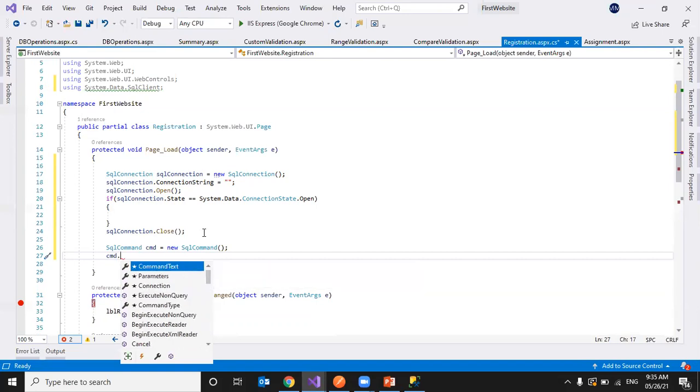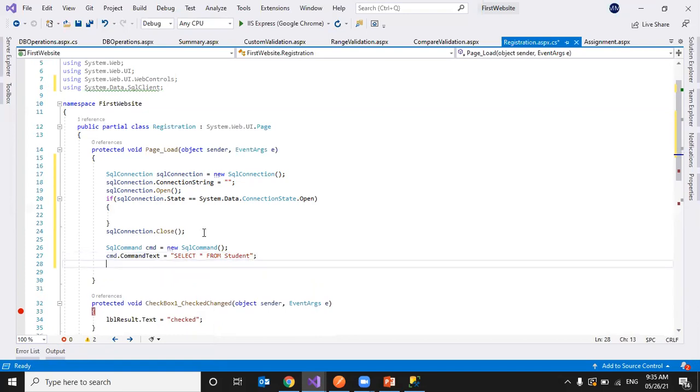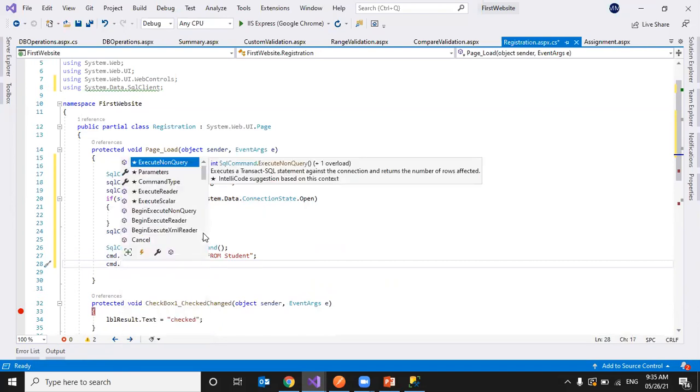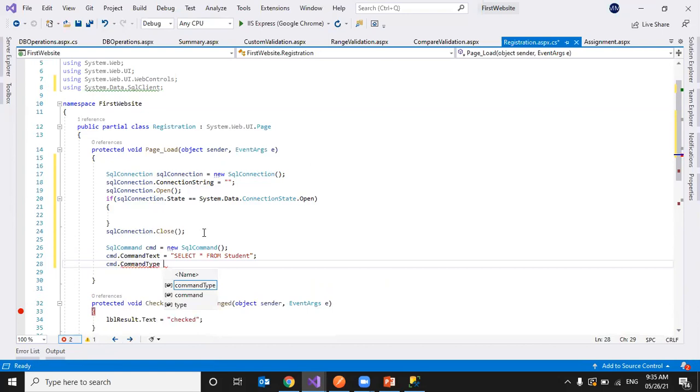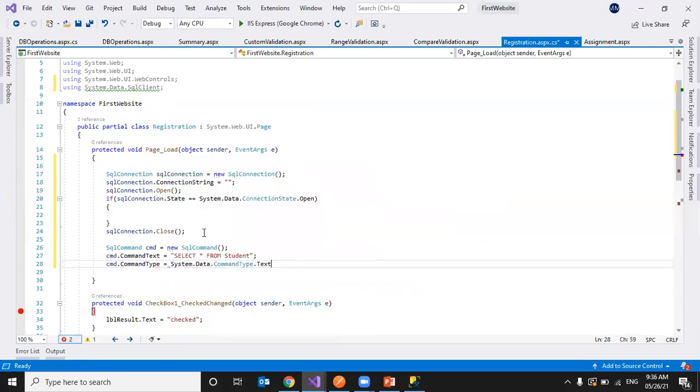Now we will use the CommandText property. As I'm going to fetch the data, I'm writing select star from student. Now we have another property, CommandType. If I am giving a simple inline query, I'll mention Text.